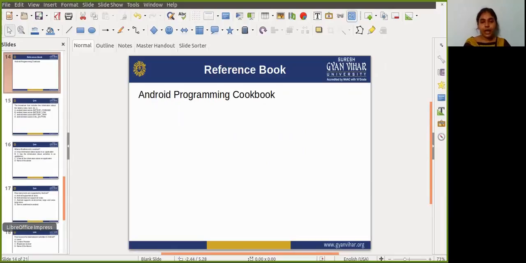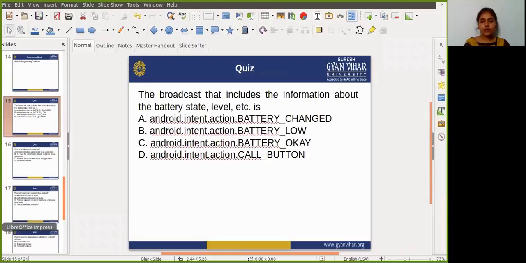And after that, here is some homework for you. Just understand this and tell me the answer. So this is the first question for you.